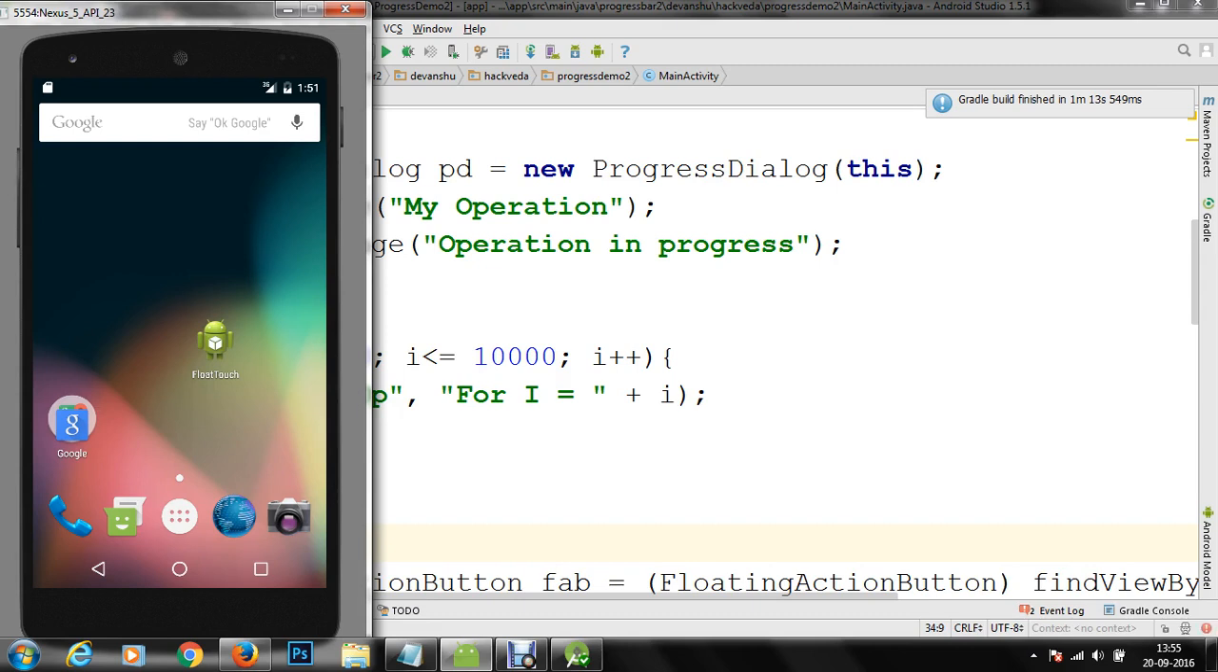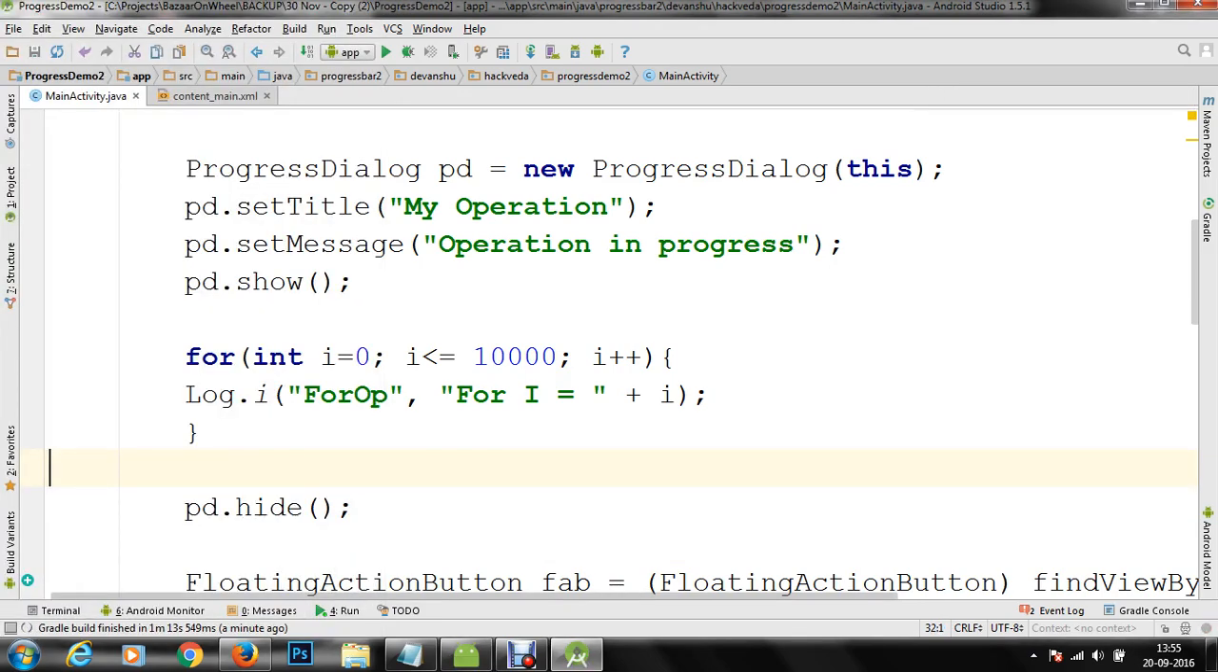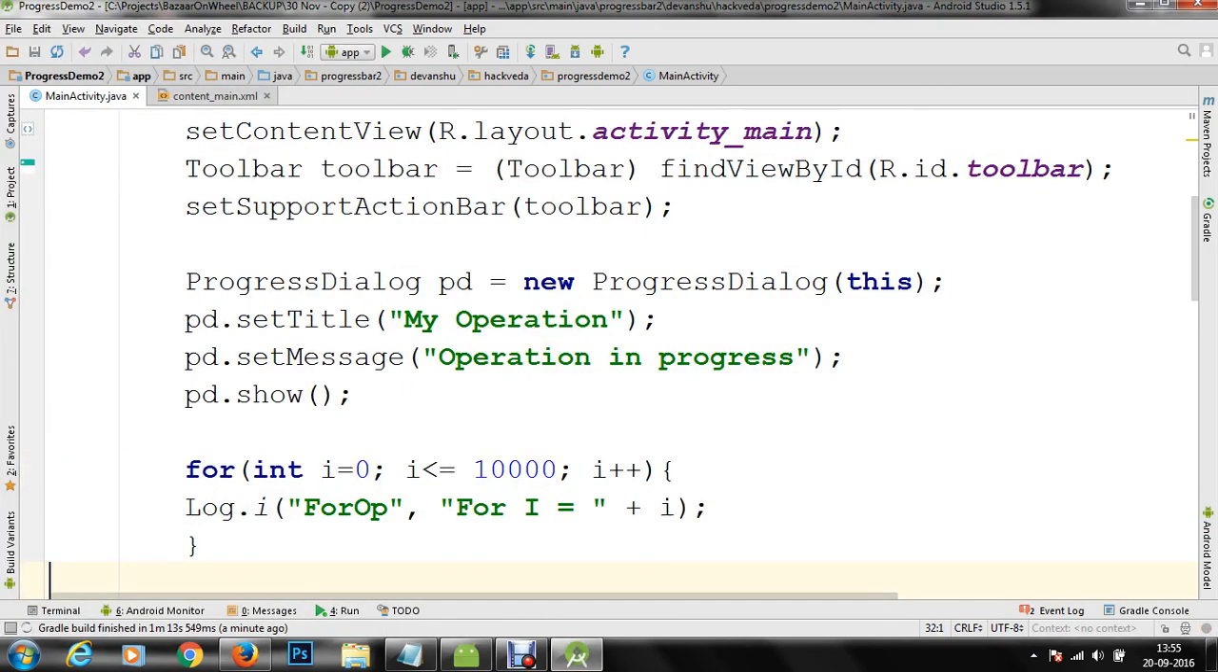So now the Gradle build has finished. Now we are waiting for our ADB to get initialized and test the application on our Nexus 5. By the time it runs the application on the device, let me just give you a quick review of what